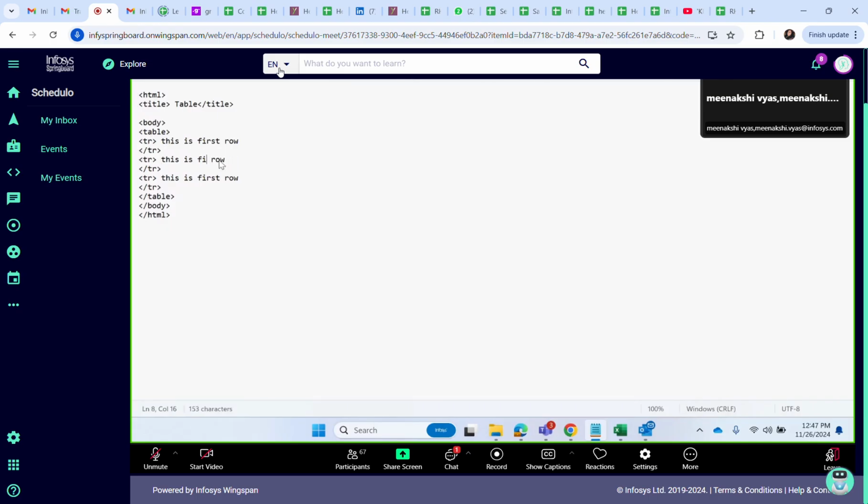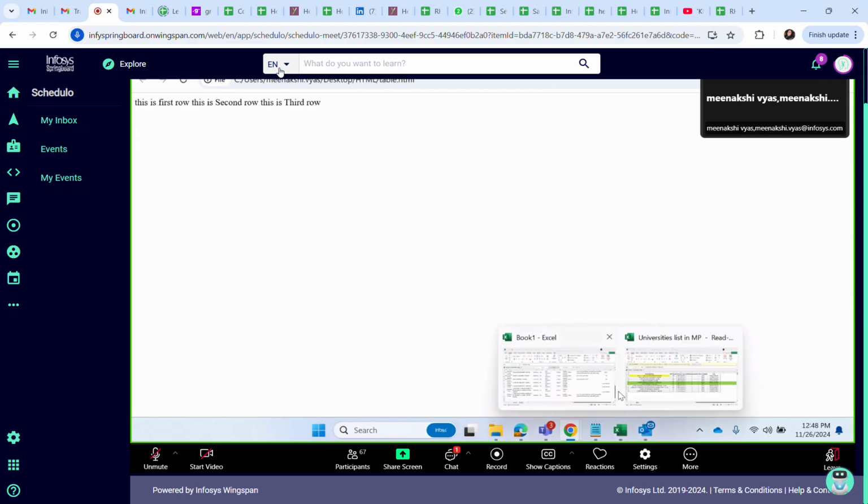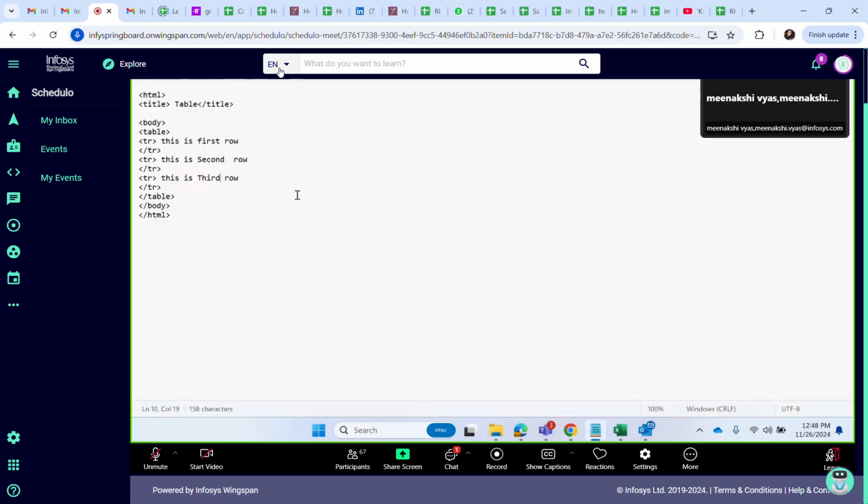So this is second row. This is third row. Now let's run it again. There is no difference you can make out. I think I have missed some closing tag. You can't see it is even a table.